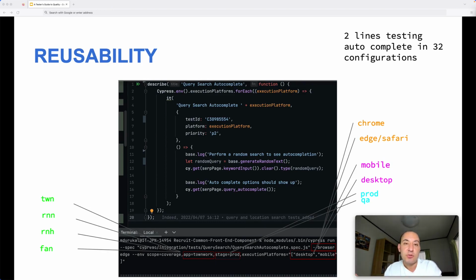For example, if I introduce the app name under test, then I can dynamically generate the URL to be navigated, or I can change the browser in which I want to execute the application, or even the platform like the desktop or the mobile version, or the stage in which I want to execute, like the QA stage or the prod stage. I can change lots of different configuration variables. In this way, I can remove all the duplication, and I can execute only one test case in lots of different configurations by managing these environmental variables in a proper way.